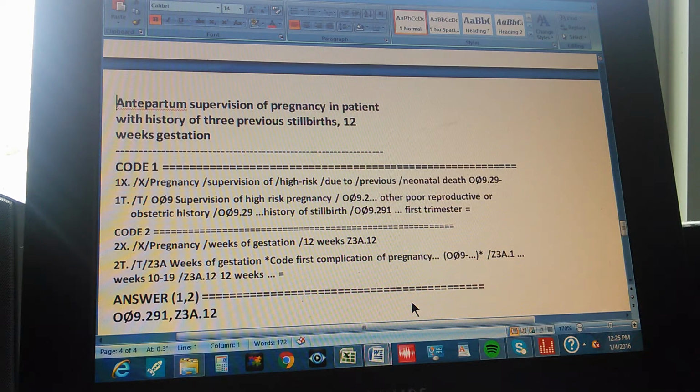All right, let's go with the full summary of the problem. The problem is antepartum supervision of pregnancy in patient with a history of 3 previous stillbirths, and it's a 12 weeks gestation. There are 2 codes. The code number 1 through the index is found like this. First you go to index. Then you go to pregnancy. Then you go to supervision of. Then you go to high risk. Remember that because there were 3 previous stillbirths, that's why it's high risk. And now, why is it high risk? Due to. Then to previous. Then we go to neonatal death, which is the same as stillbirths. And the code is